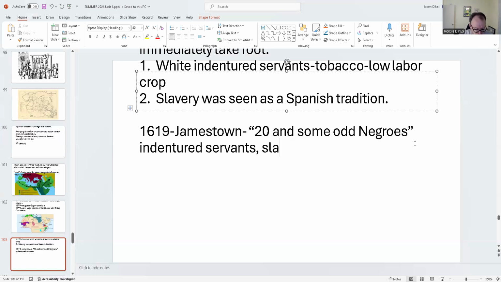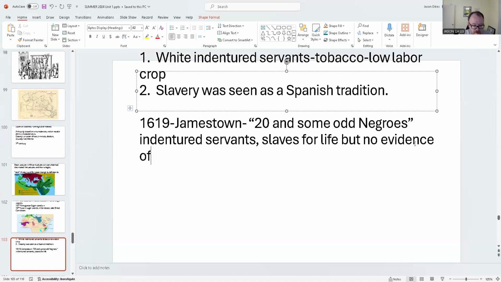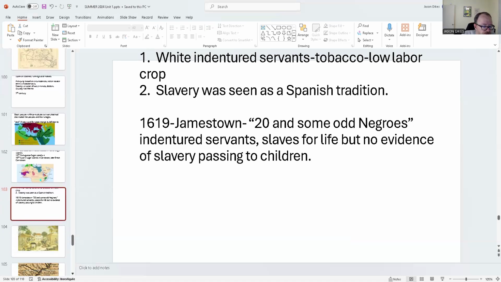Others, though, appear to have become slaves for life, but there's no evidence of slavery passing to children in those early records,